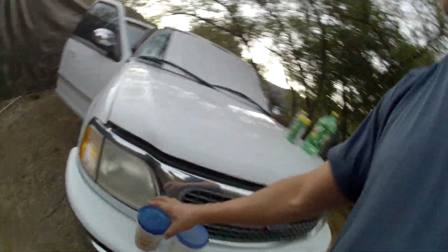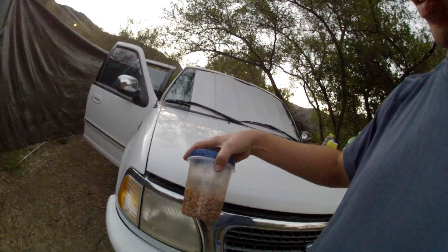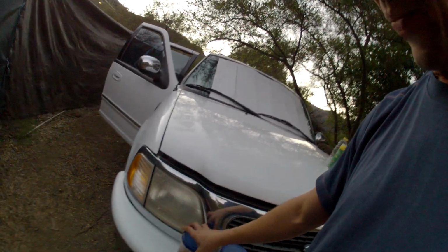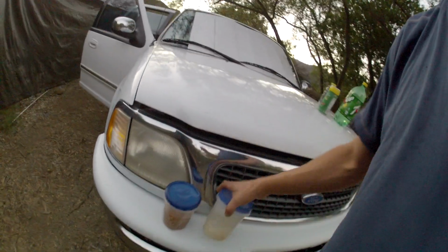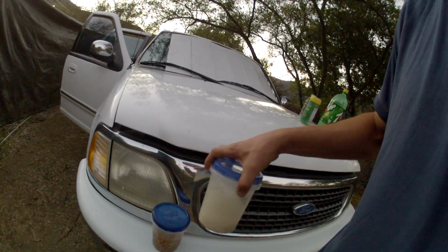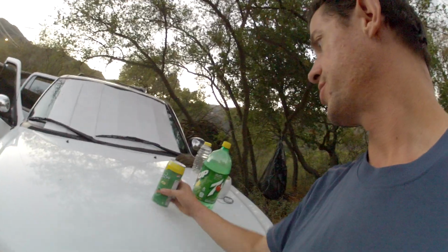Got some beans here, just soaking for tomorrow so that it'll be easier to cook them. It won't take as long. I'm not using up as much fuel and whatnot by doing this. And the same with the rice. I'm letting some rice soak. I don't know if you're even supposed to soak rice, but I'm gonna try that out. And then this disgusting